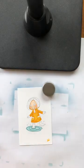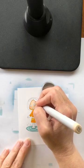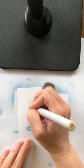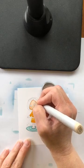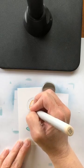Alright, there's her sweet little face. Thanks, Pat. It is funny, it's like you worry when you look at it. It's like, oh my goodness, that's just really dark. And then it does tend to kind of be okay. So I'm just going to come back in really, really soft here, as carefully as I can anyway, and add,